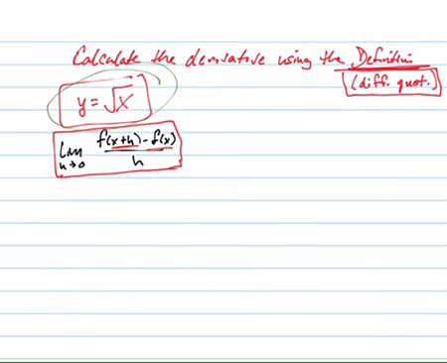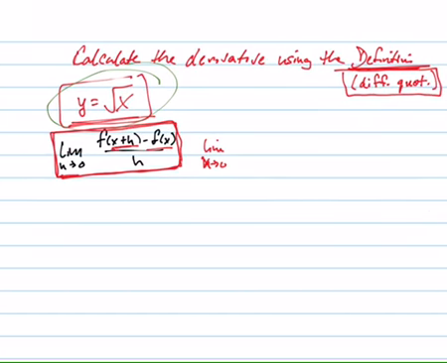Let's calculate the derivative of the square root of x, y equals the square root of x, using the definition or the difference quotient. So remember, just a reminder, there's the definition of a derivative, or one of the definitions of a derivative. So let's write it out. The limit as h goes to 0